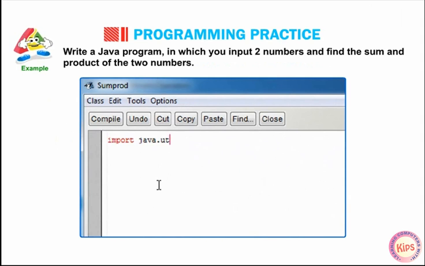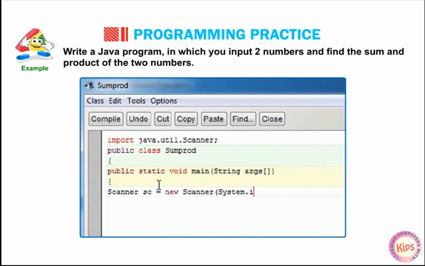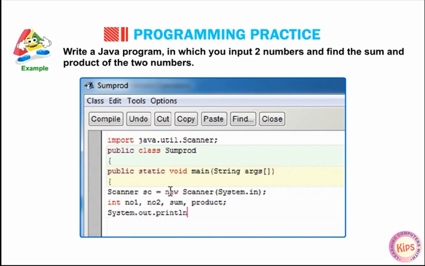import java.util.Scanner; public class SumProd { public static void main(String[] args) { Scanner sc = new Scanner(System.in); int number1, number2, sum, product; System.out.println("Enter two numbers:");